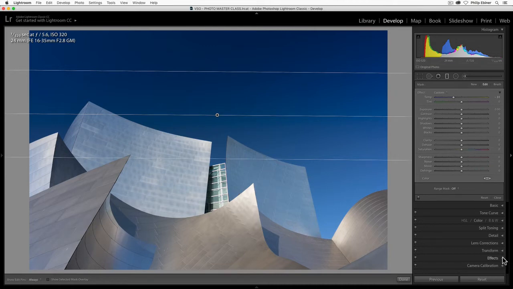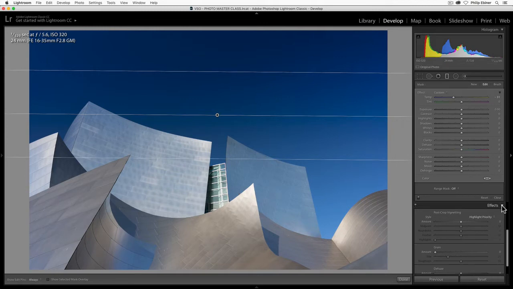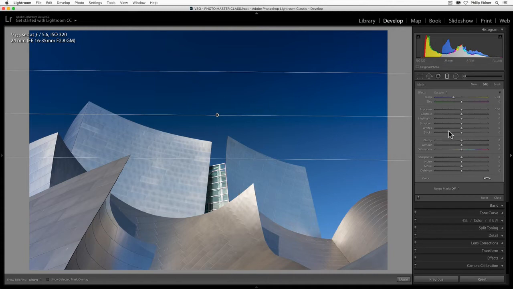Instead of applying the dehaze that appears in this effects option, which would apply the dehaze to the entire image, this allows you to dehaze just a part of the image. You can add sharpness. You can do the defringing. You can increase or decrease the noise. So these are all specific adjustments that are happening to just part of the image.